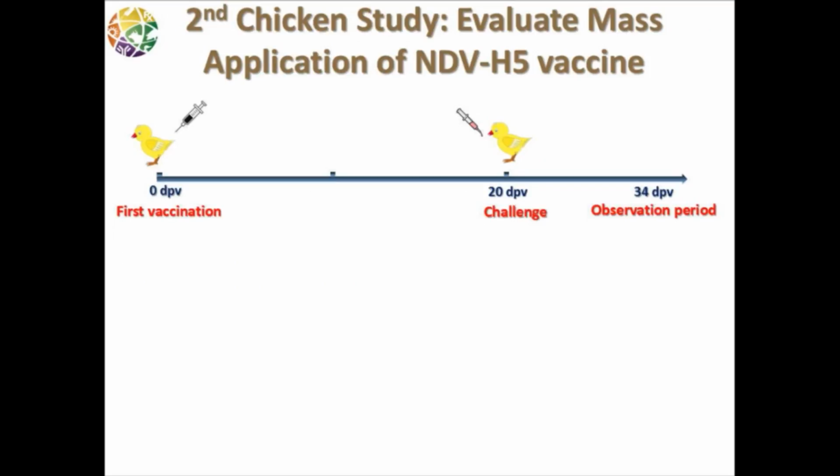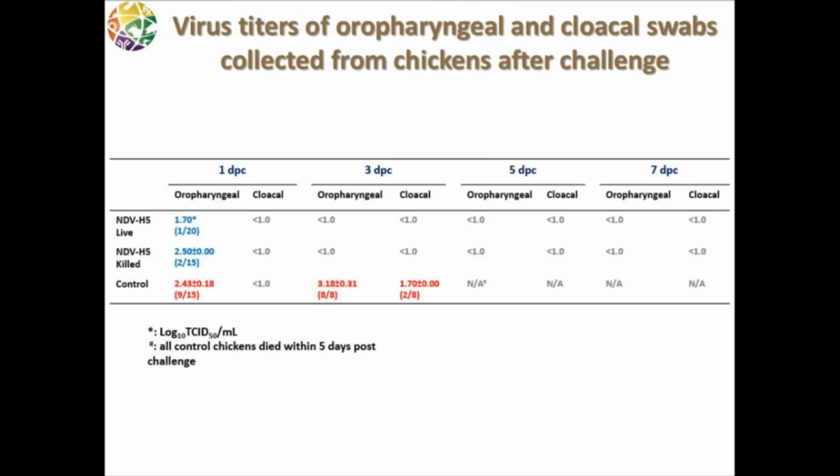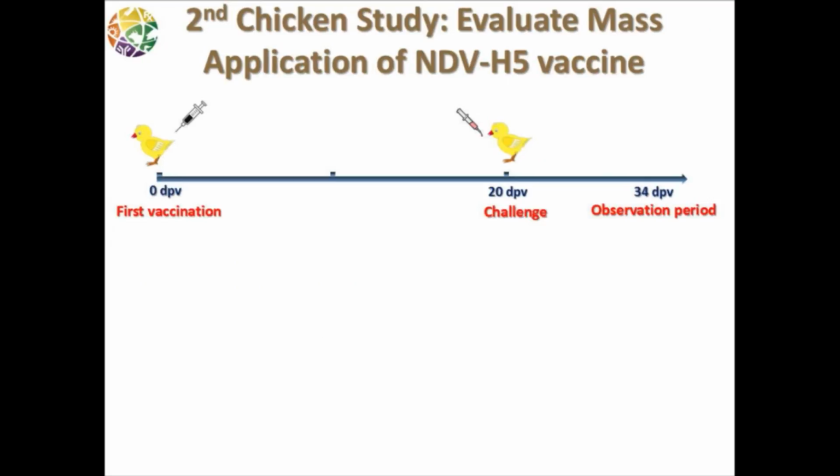When we shared this data with our colleagues at Avimex, we were very excited, and they asked us to do one more study to evaluate mass application of NDV-H5 vaccine, where we use coarse-spray vaccination. We had never done this study before, so we just purchased a household sprayer from Walmart and put chickens in a box. We played a little bit with the sprayer, and on day 0 we sprayed